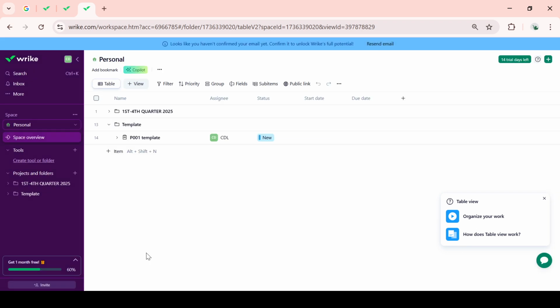Now, within any given project, you'll start creating tasks. Each task can be fleshed out with details such as a description, who is responsible for the task, and when it's due. Providing clear details helps everyone involved understand what's expected, and assigning the right team member ensures accountability for